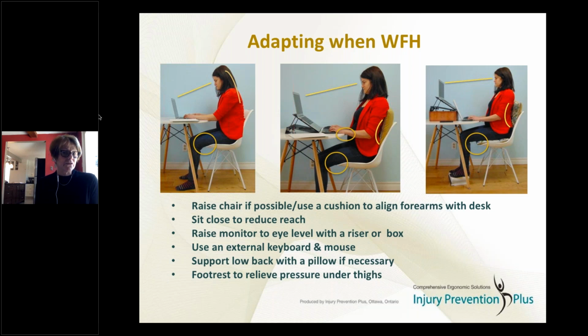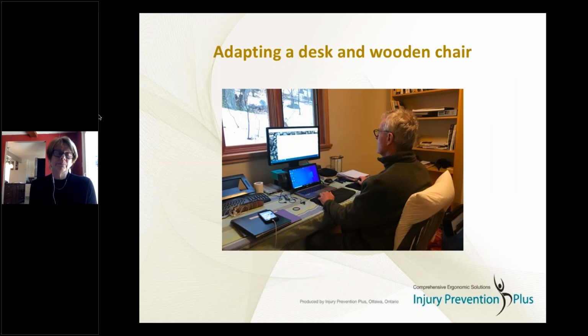Maybe have somebody take a picture of you from the side, and you can say, oh, wow, okay, because sometimes how you feel is not necessarily what it looks like. Sometimes people feel that the monitor's too high, but in actual fact, it is at eye level. So just a quick tip. Here's another example of somebody